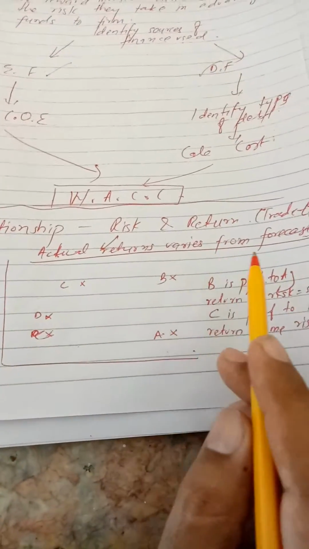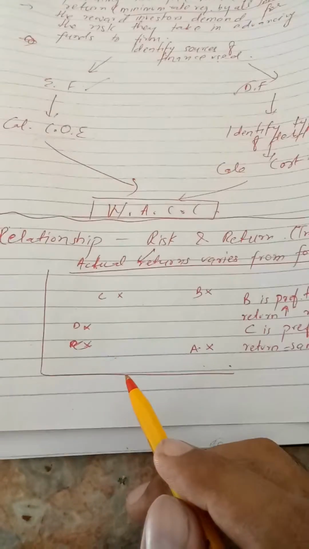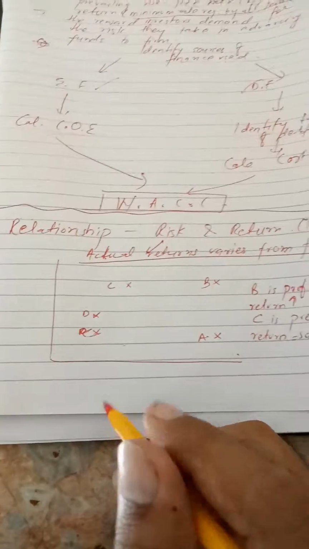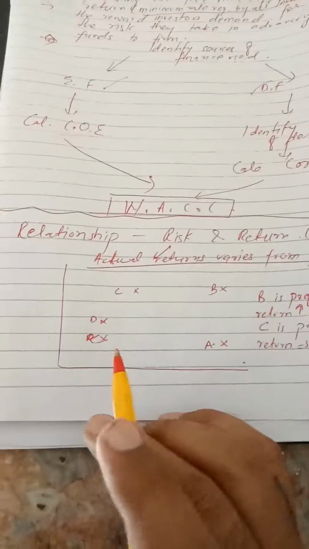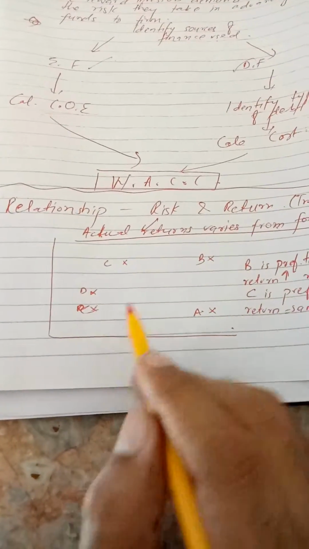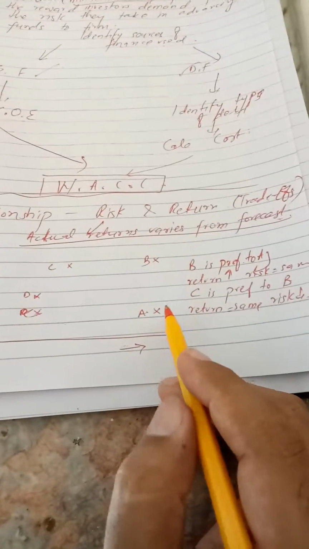Relationship of risk and return, which is the trade-off. Actual returns vary from the forecast because of the risk. It means that if there's a risk, that doesn't mean that it is a pure loss, but obviously actual returns vary from the forecast. We have a pictorial representation in front of us, and it has 4 points: